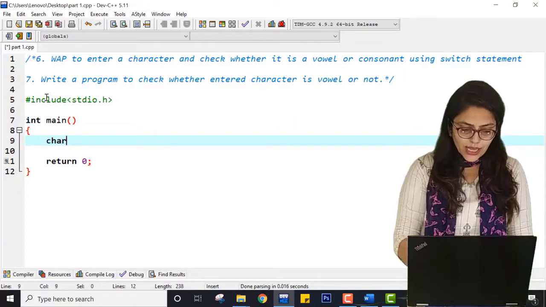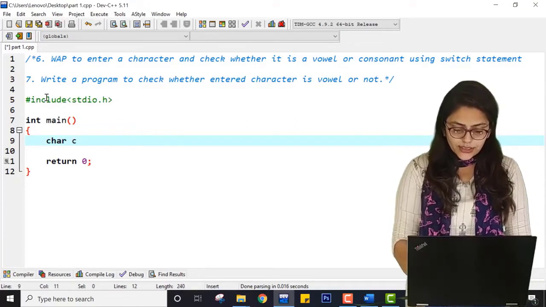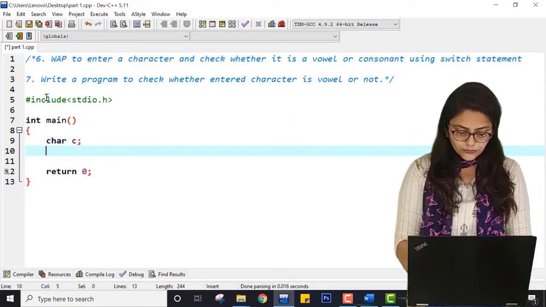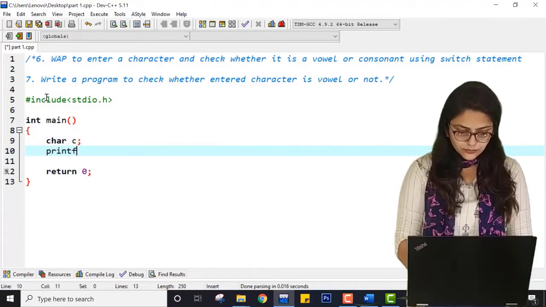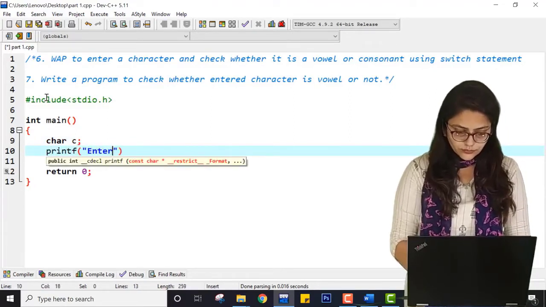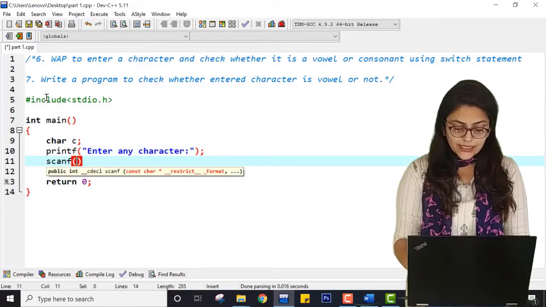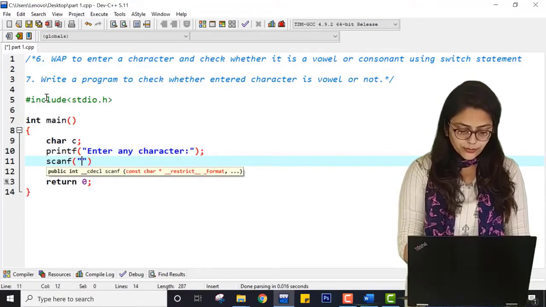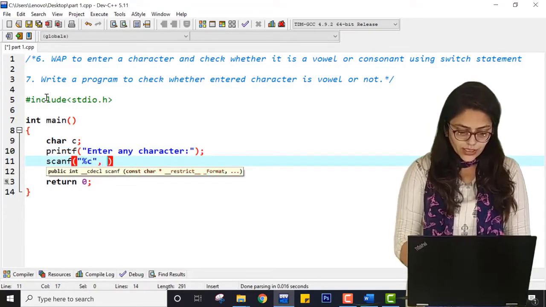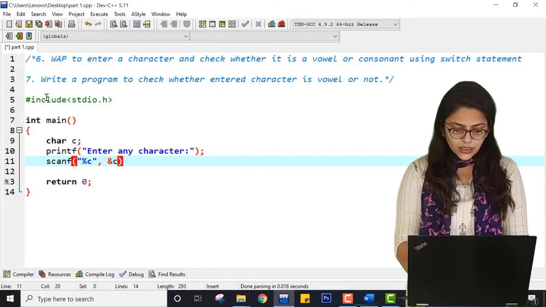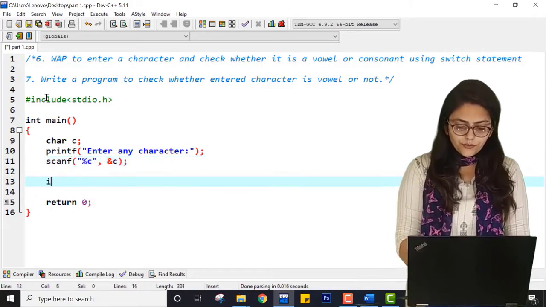So first I can write char c, then print "enter any character". Here I can use scanf as well as getchar, so here %c and c. Okay, now if